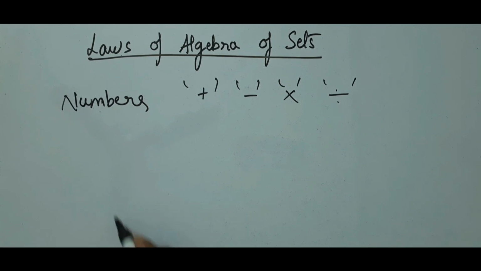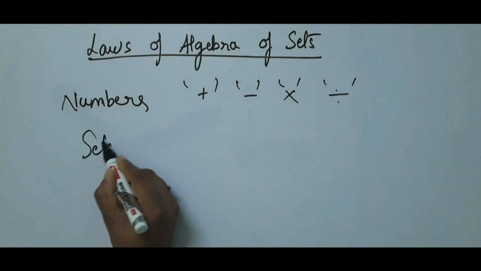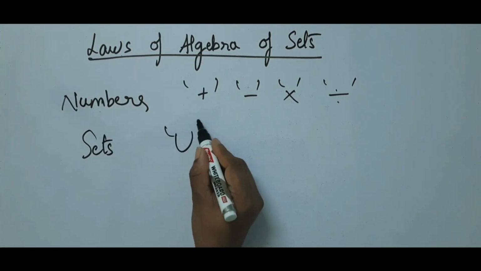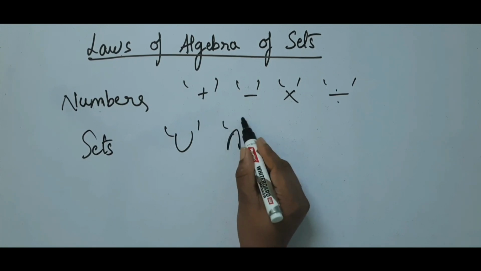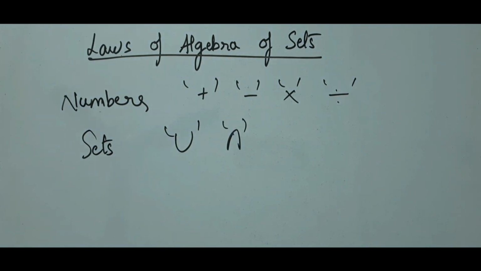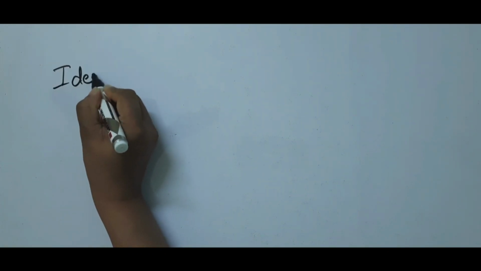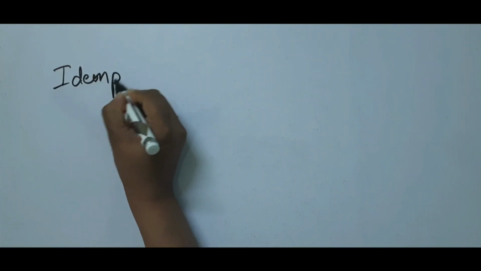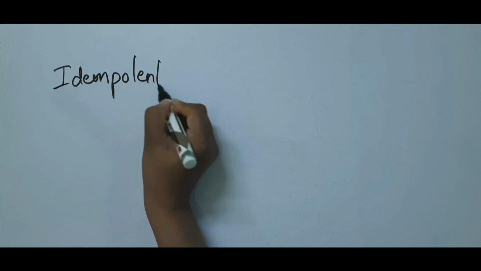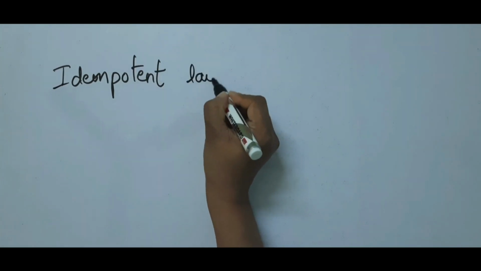Here, in case of sets, we use the operations union and intersection and study the laws of algebra. Okay? Now let us start studying the properties using these operations. Idempotent law. Idempotent law states that